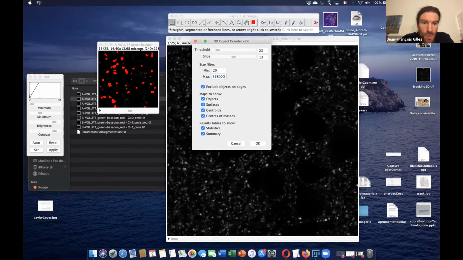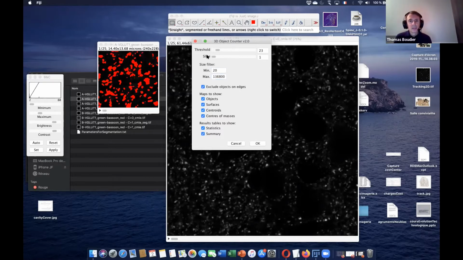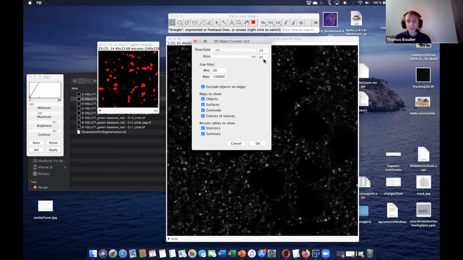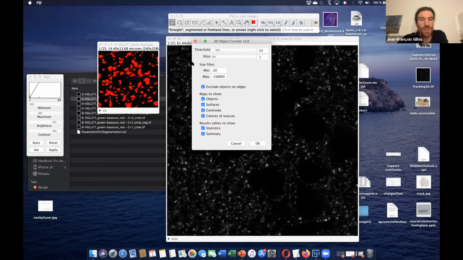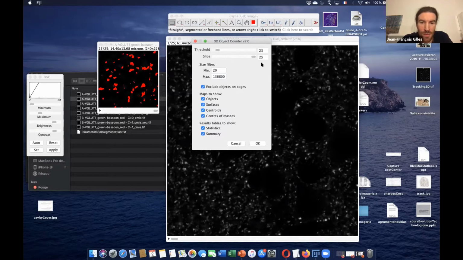You can also exclude the objects which are touching the edges. Be careful, because the edges are X, Y, and also Z. So if objects are touching the edges in Z, the first slice and the last slice, they will be removed too. All the objects you can see here won't be there.